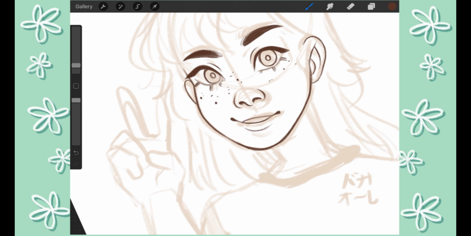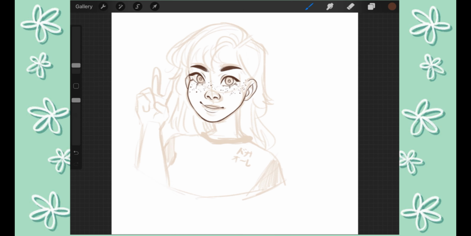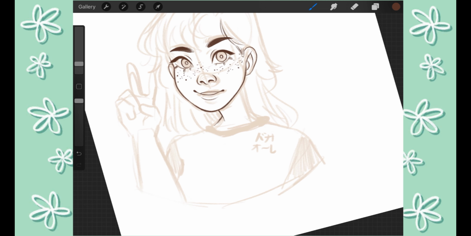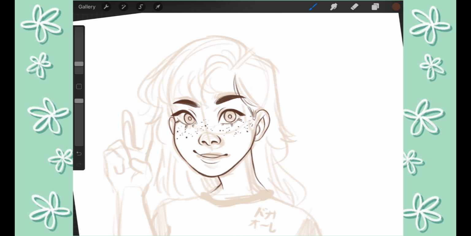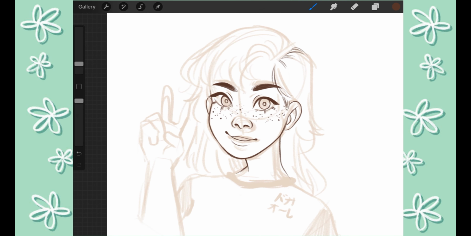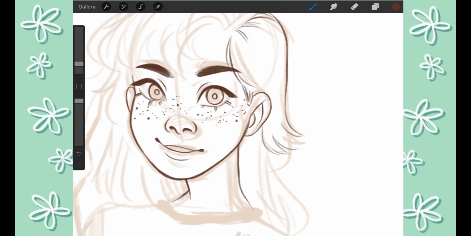And then what I do is once I've got all of the base tones and shapes down, I will set my layer to a pretty low opacity. Sometimes I'll have it mid-level, but if I sketched in a really dark color, or I really need to refine it quite a bit, I will set the opacity down to something really low, like 10%, where I can just barely see the sketch underneath, because sometimes my sketches are a little too rough,